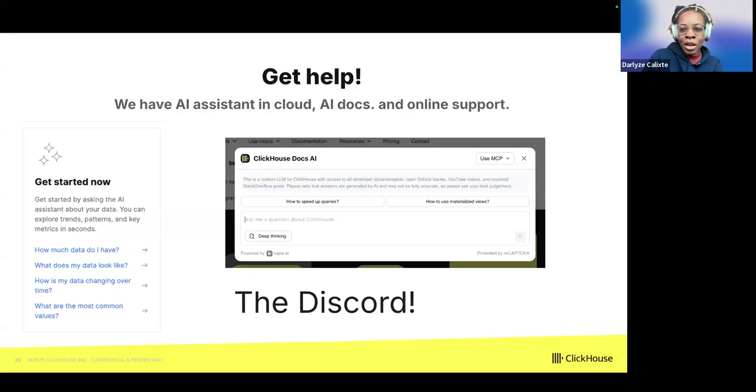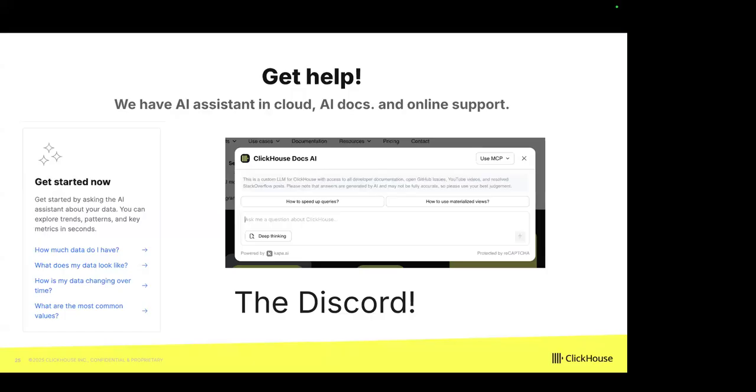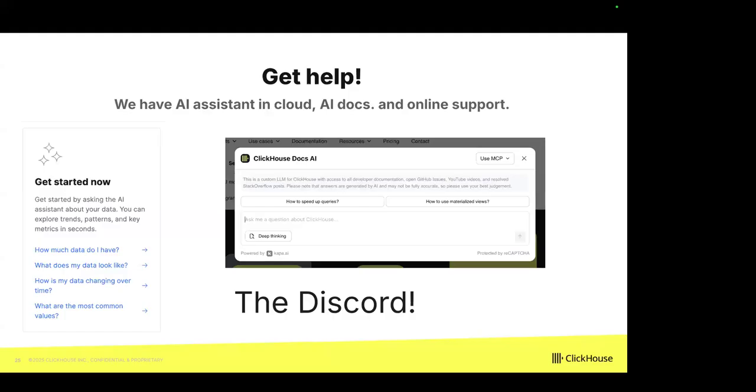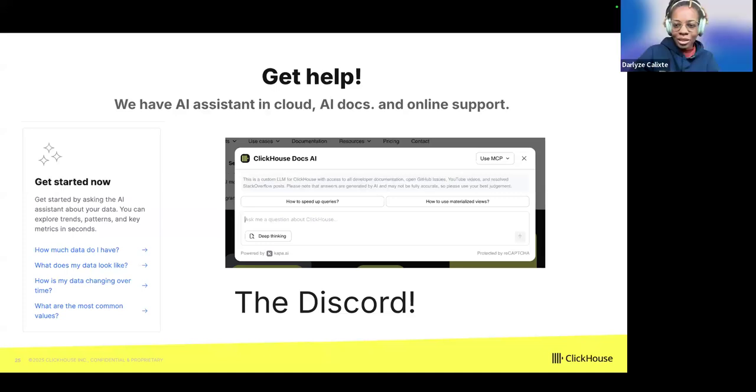I see 2 questions in the Q&A if you want to take those, Zoe. I actually don't know the answer to the first question, which is how many people are signed up for the ClickHouse section. I don't think you actually say which technologies you're going to use when you sign up for the hackathon. You just sign up, and then we wait to see the submissions.